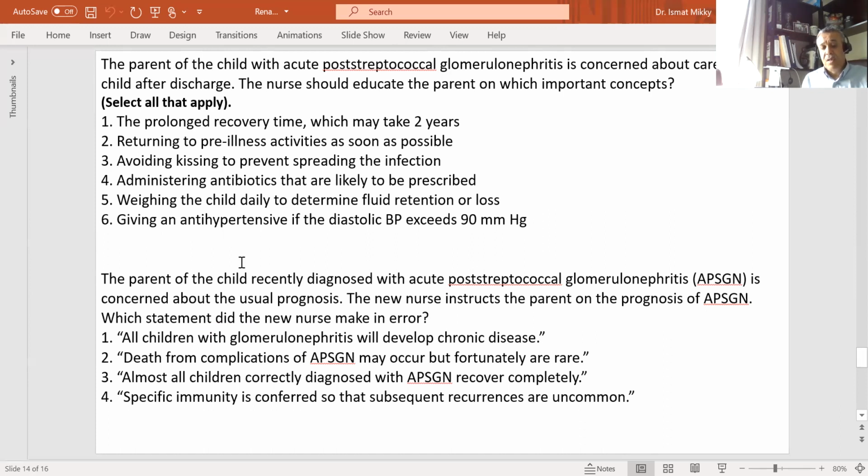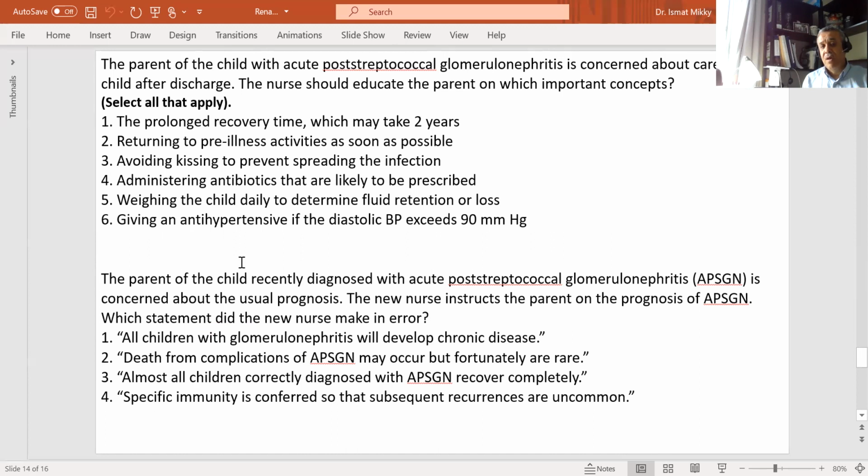Next question, the answer is 1, 4, 5, and 6. The prolonged recovery time, which may take 2 years. And this is an AGN. This is acute glomerulonephritis. And that's an autoimmune disease in which there is an antigen antibody complex that is going to be